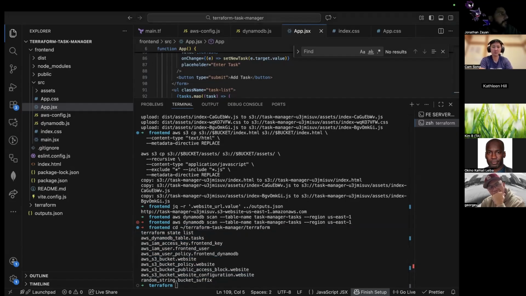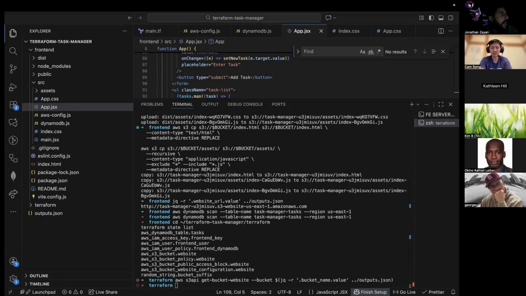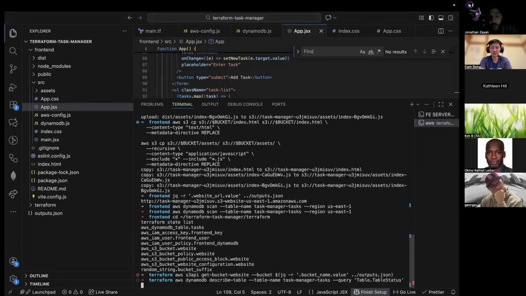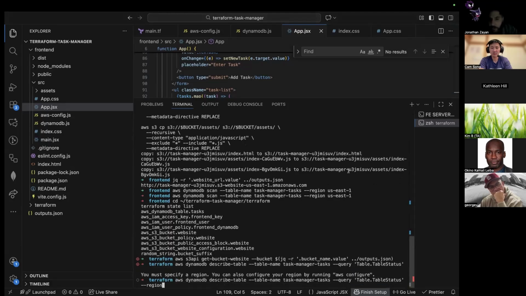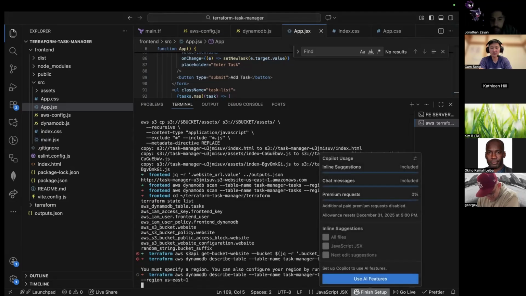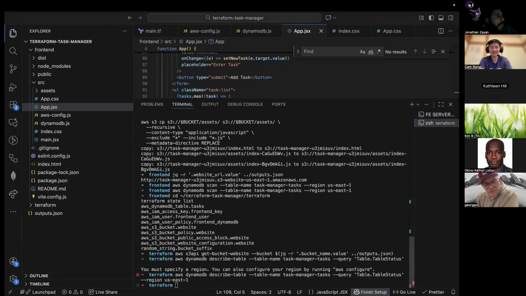Let's see what else we can do for you. If you want to see the configs for it, you can see that as well. And then here it's not many, but we have the index document. We know it goes to HTML. Remember the error document, HTML. So this is all the stuff that we configured earlier, but now we can actually see it here. In addition to that, we can check the table status, which we know is cool. Oh, what the hell? We got to specify a table or a region. Let's do this right here. We're going to do US East 1. Active. But of course, we know that because we can play with it. After this, the next thing to do is to clean up